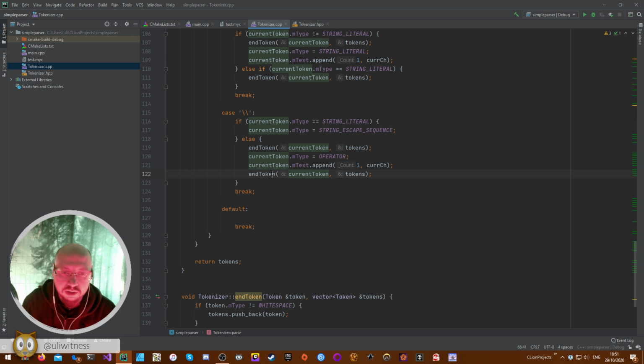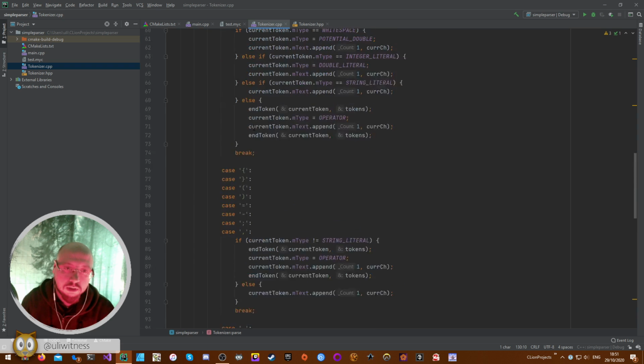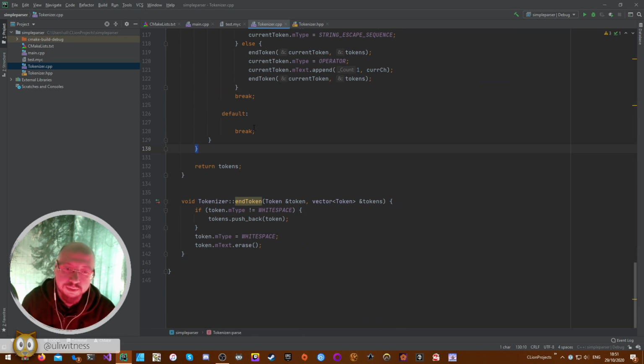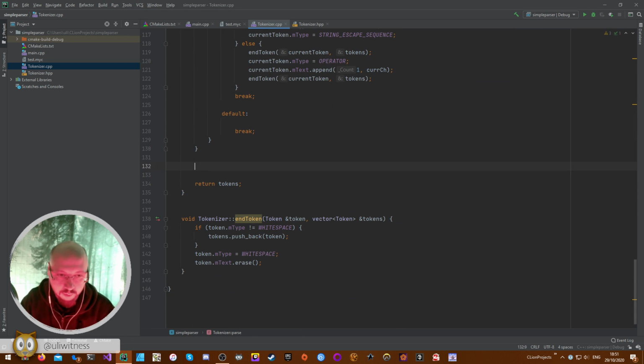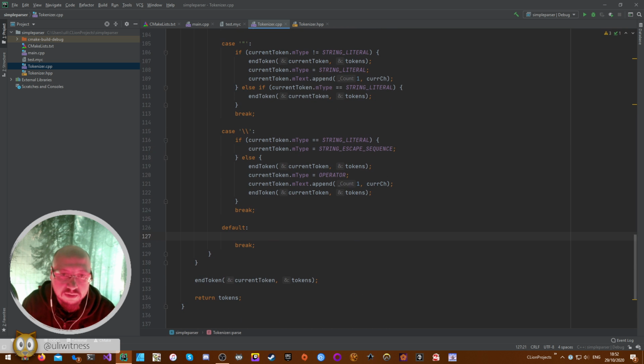And then one thing we need to do is at the very end, so that's outside the loop, before we return, we need to call end tokens one last time, for the simple reason that we might have an identifier or something that goes up to the end of the document. And that would otherwise not get closed because there's no other token behind it that will end it. Okay, and of course we need to cover the case of identifiers. So everything else,